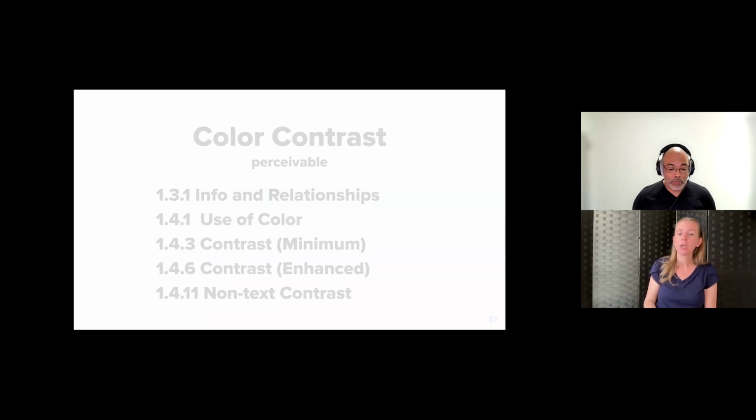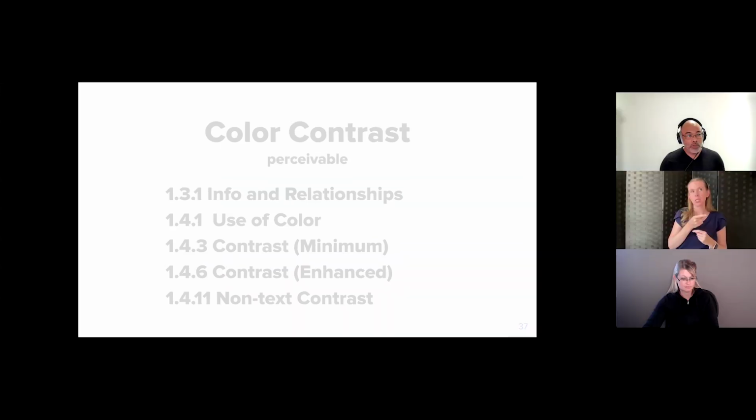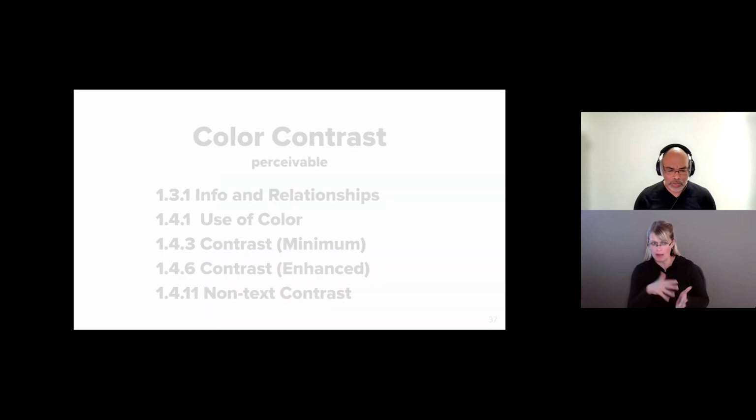There was an engineer who worked on my team. He had been there for two or 3 years. And I remember doing a design review with him, and I was describing the UI because there was a part of the UI I could see and he could not see. Now, when I realized that he couldn't see it, I started to ask him, I said, do you have weak color vision? He said, no. I said, low vision? He said, no. So I said, this is one of those instances where it's not necessarily a disability that can harm how someone interacts with your application. This is a situational impairment. This is a temporary impairment.